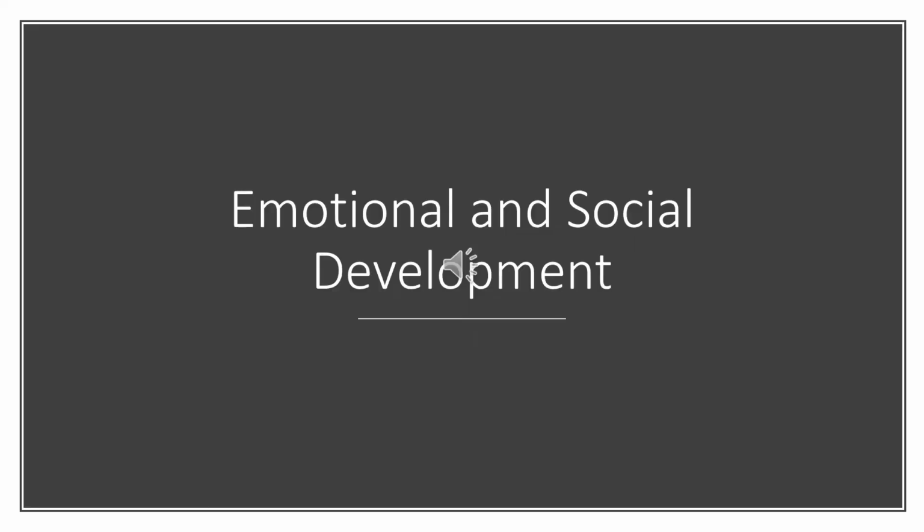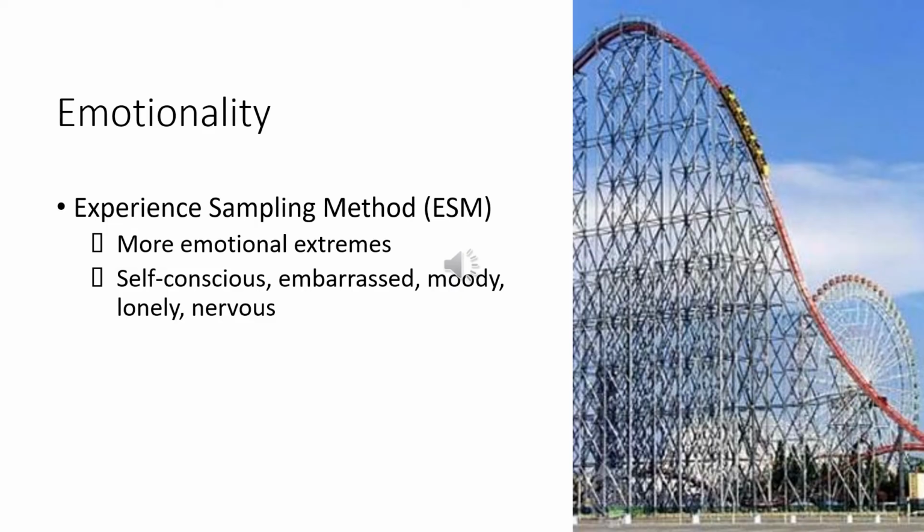All right, let's move into emotional and social development in adolescence. So there's something called the experience sampling method, which is basically a type of research where you give individuals an electronic device. It used to be something like a BlackBerry, and now it's often just an iPod Touch or something like that, where it beeps at them many different times a day, and they have to answer quick questions about